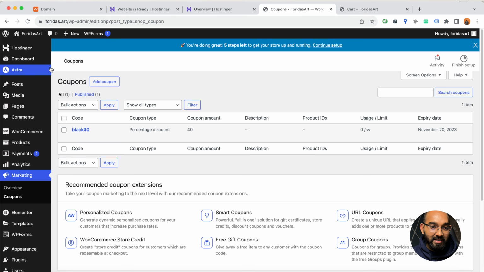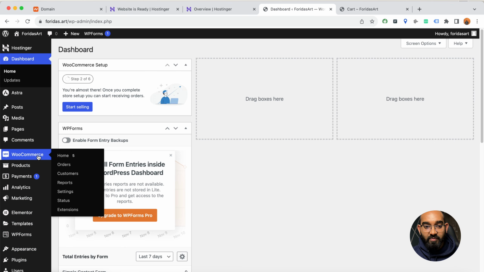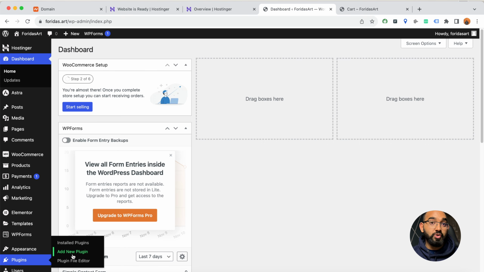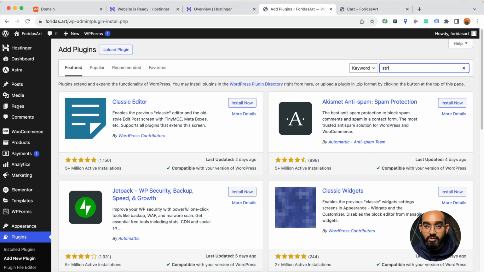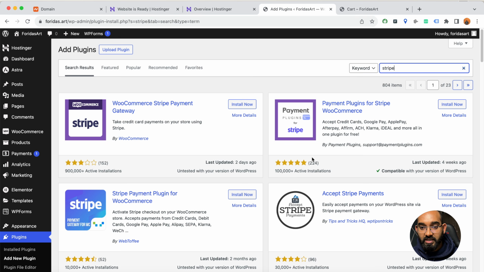I'm going to take you back here on the dashboard. After that, I'm going to take you to plugins, or basically we can do the setup directly from WooCommerce, but I'm going to show you the process from, let's say, the plugins by adding the Stripe payment platform. So let me click on add new plugin, and then I'm going to type out Stripe here, and you're going to find many of the platforms. Let's say this one is from some other developers, payment plugin, payment approach from Stripe, but I'd love to use this one, which is WooCommerce supported. So I'm going to click on install,